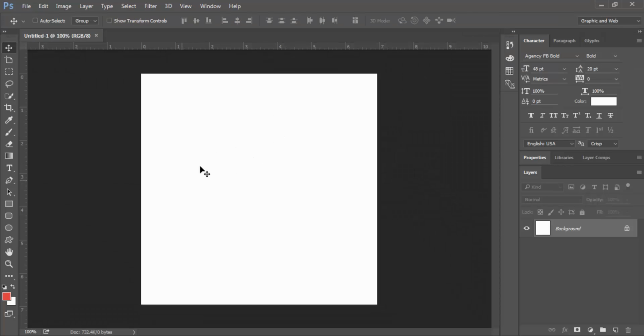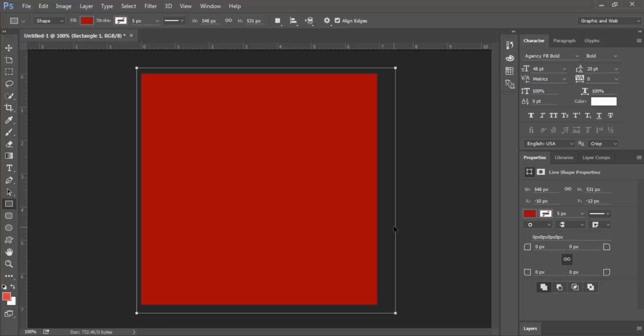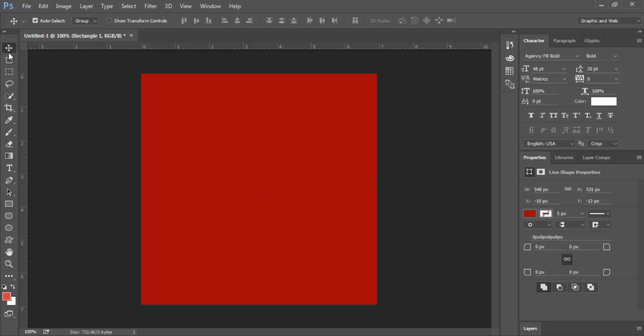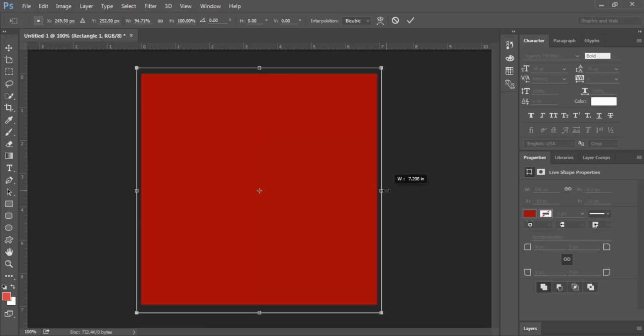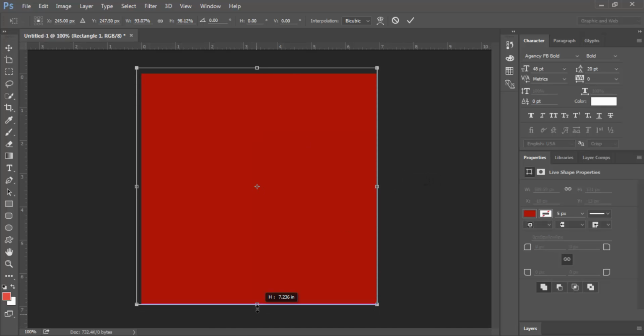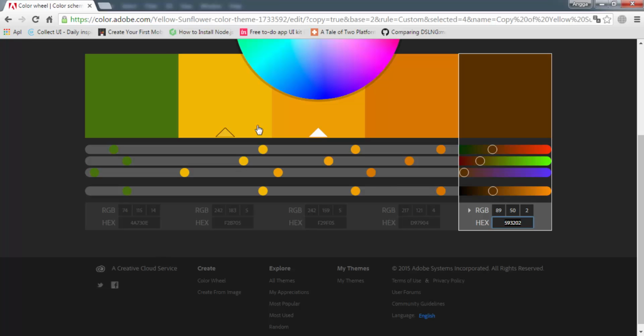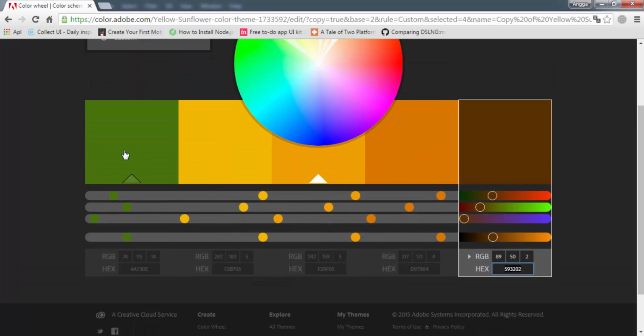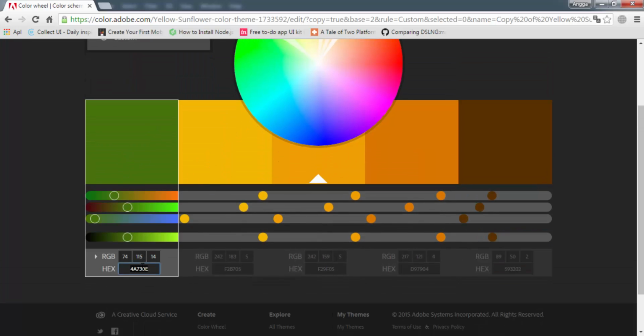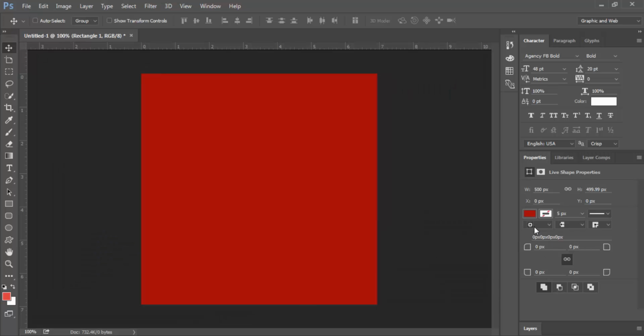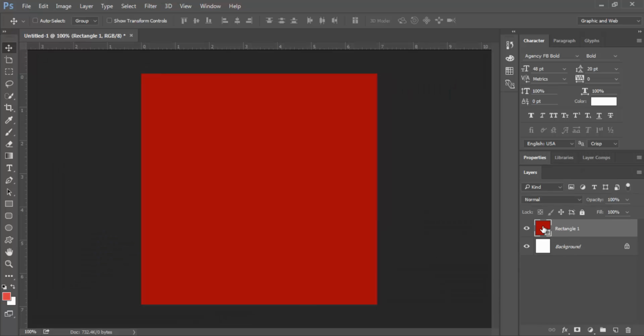Now create the background first using the rectangle tool, and we resize it using Ctrl-T. Now set the background color, which I think will be green. Copy it, go to the layer and double click on your layer.